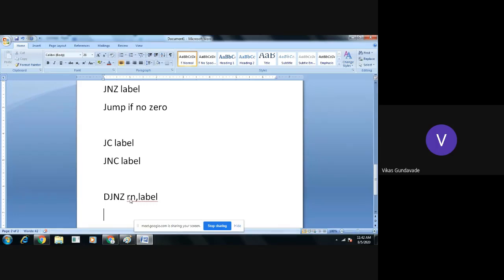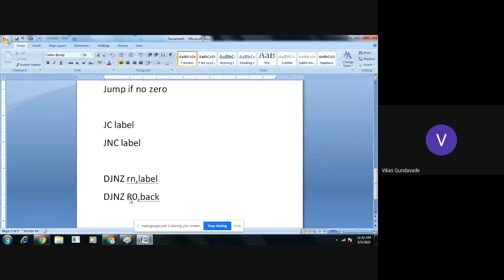After decrementing, if the contents are non-zero, then only the jump will take place, otherwise the jump will not take place. Let's assume the instruction is DJNZ R0, back. So here what will happen?